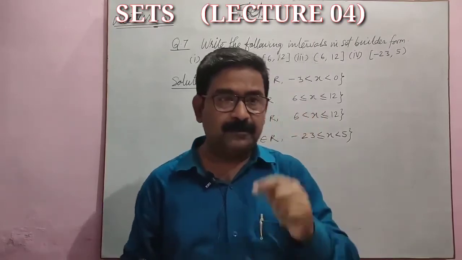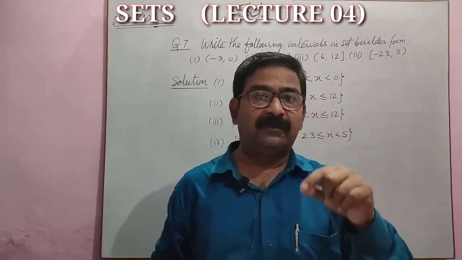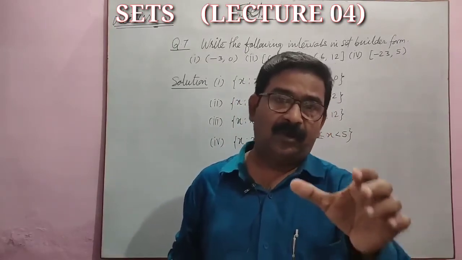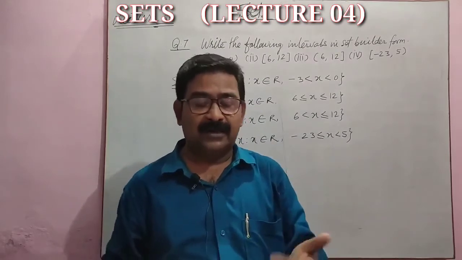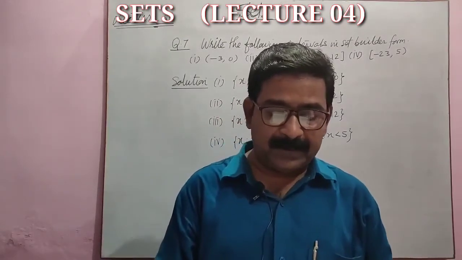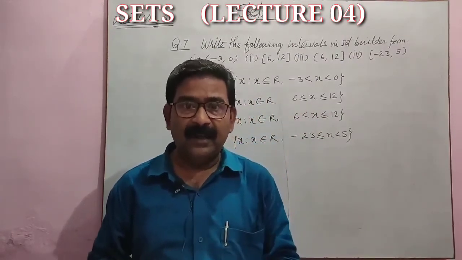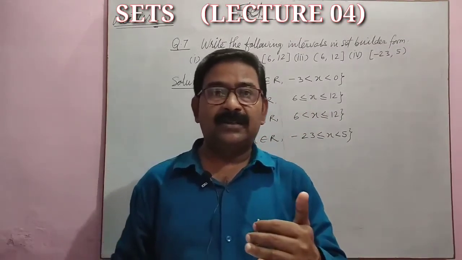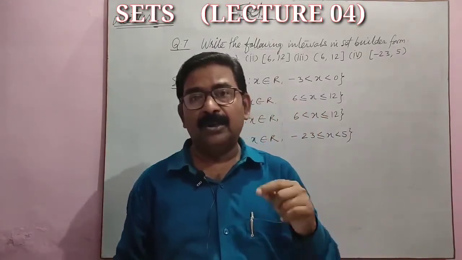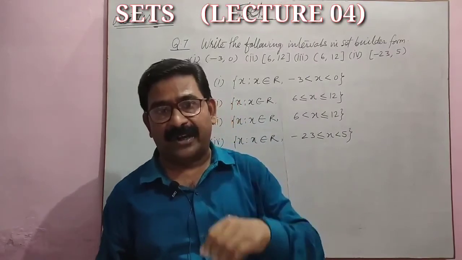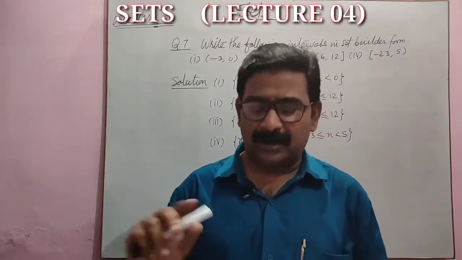Means for the first part, the set of all triangles will be the universal set, and from those, right triangles will be a subset. Now second part, set of isosceles triangles. Again an isosceles triangle is a type of triangle and it is a subset of all kinds of triangles. So again for the second part the set of all triangles will be the universal set. Got it? So you have to write the answer only.